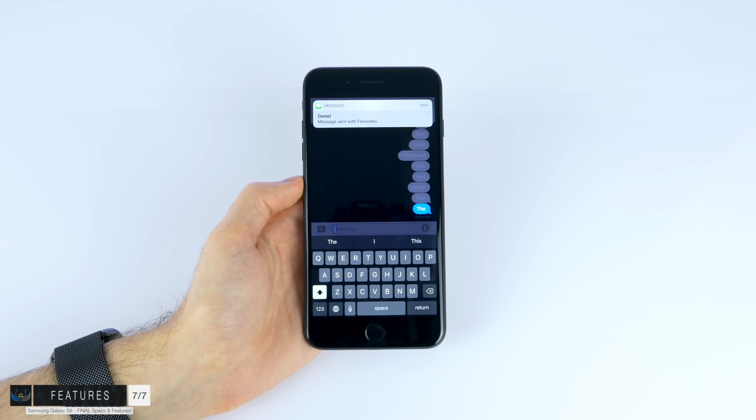Now, I'm not exactly sure in what way it would work on the S8. It would definitely be used for that feedback on the home button, back button, and multitasking buttons. I'm not exactly sure if it's actually going to be the same as on the iPhone 7, so if it's going to give you multiple levels of feedback depending on what you do, or if it's only going to be used for that home button, multitasking button, and back button. But yeah, Taptic engine is coming with the S8.